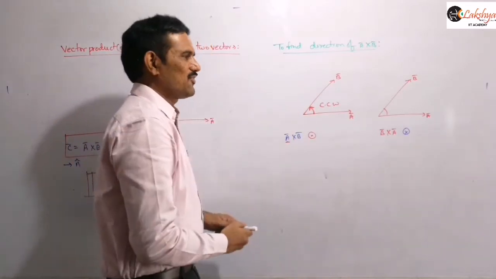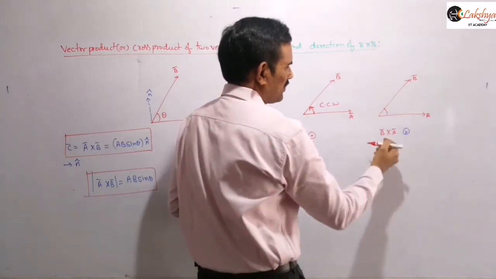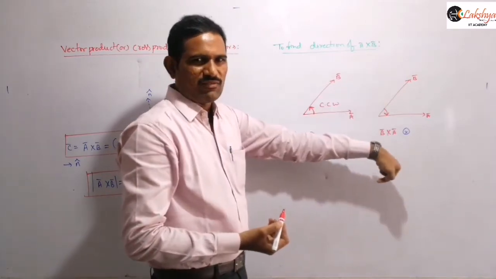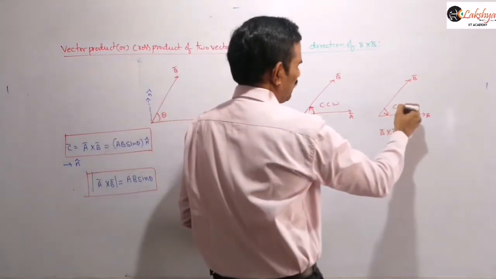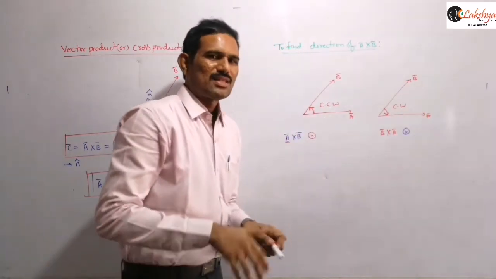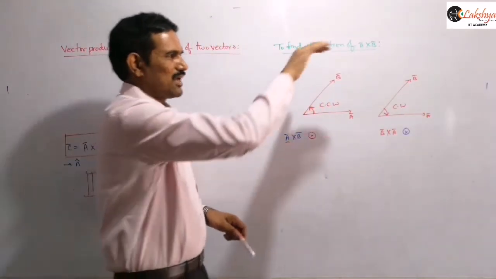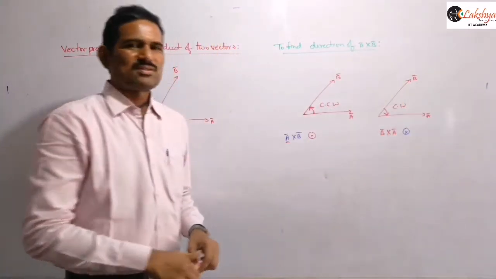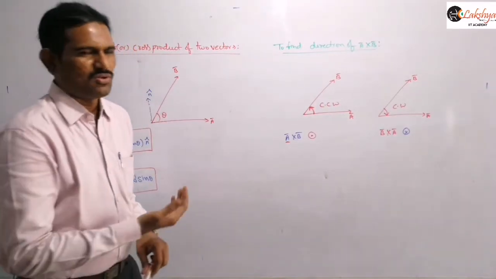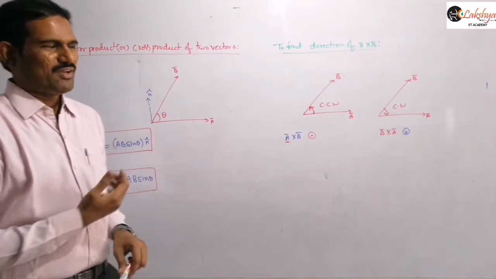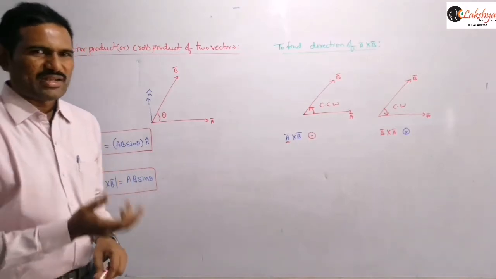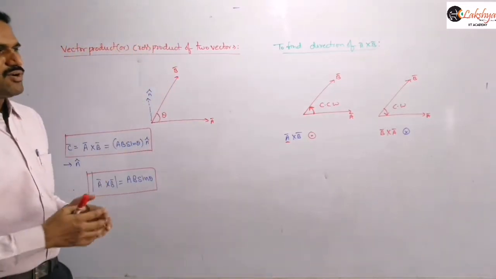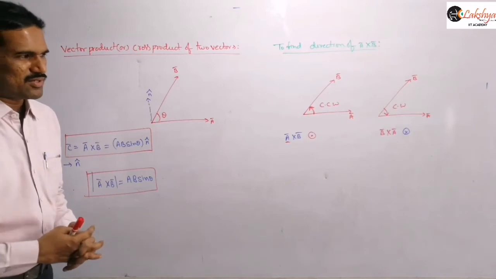If it is in the clockwise direction, now in this case the first vector is b. Now we should represent the angle from b to the second vector a. Here this angle is defined in the clockwise direction, so the thumb indicates the inward direction. That means b bar cross a bar will be into the plane. So by defining whether the angle is clockwise or anti-clockwise, you can find the direction. We always need to define the angle from the first vector to the second vector. It is a way of finding the direction of the cross product of two vectors.